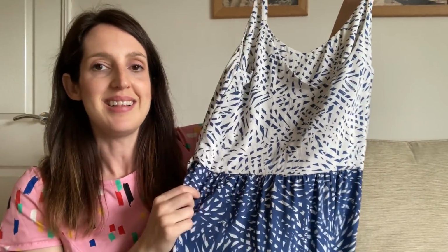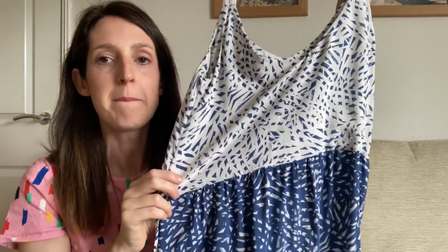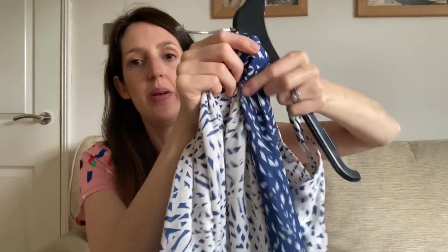about. Here it is. So it's got the Ogden bodice here, and I cropped it off a little bit short and added on 3 tiers, first in the blue, then in the white, and then the blue. And I'll put a picture up so you can see how it looks, and I'm really happy with how it